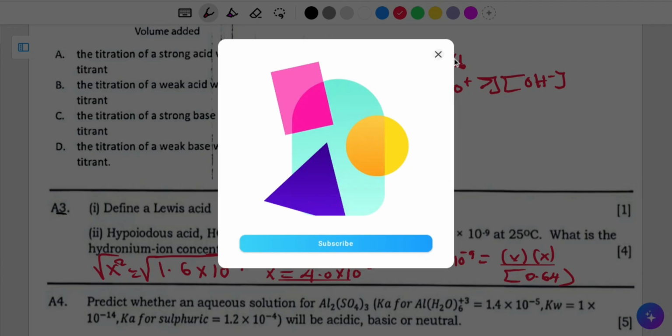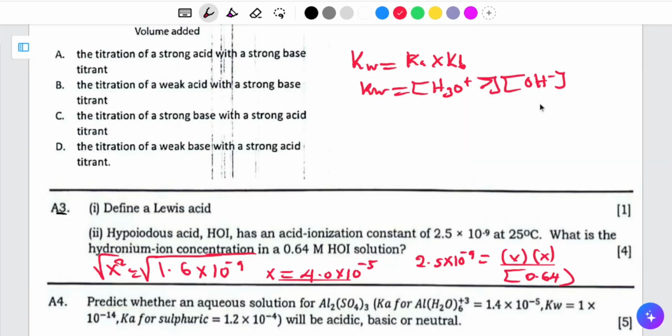we have known the concentration of hydroxide ion, and we want to find the concentration of hydronium ion, and we know to say that the value of Kw at 25 degrees is 1.0 multiplied by 10 to the power negative 14. So it's just going to be very easy for us to calculate this one. So Kw is 1.0 multiplied by 10 to the power negative 14, which is going to be equal to hydronium ion